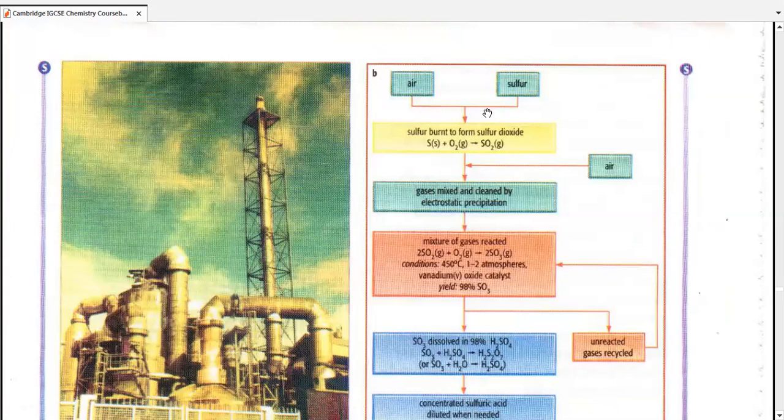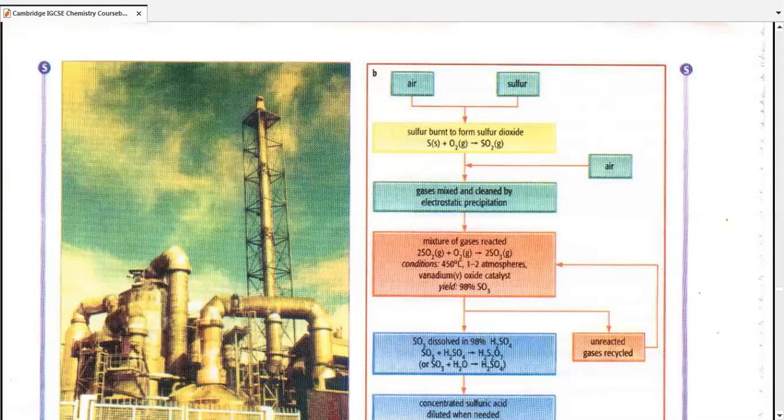Air and sulfur are combined together. The oxygen in the air reacts with sulfur to form sulfur dioxide gas. Then there is further air pushed in. The gases are mixed, cleaned up by electrostatic precipitation. It's a kind of precipitation we use to clean up gases and take out dust or other things out of gases. All right. You do not need to go with further elaboration of electrostatic precipitation, as that's not a part of your course. When the mixed gases are reacted,